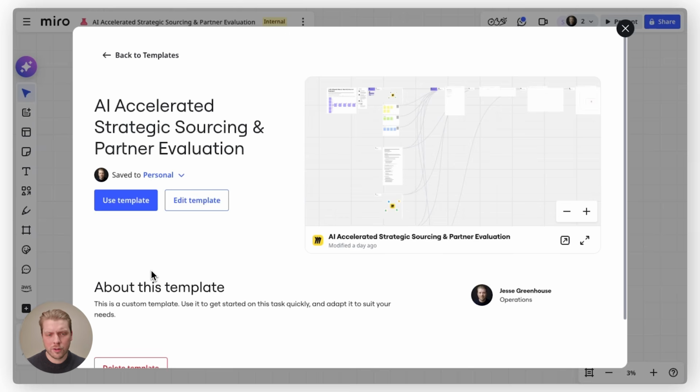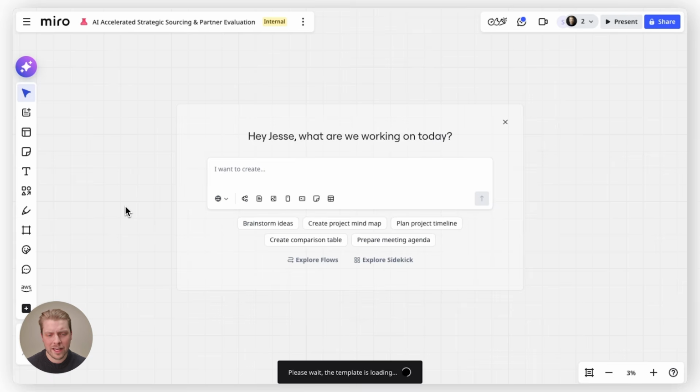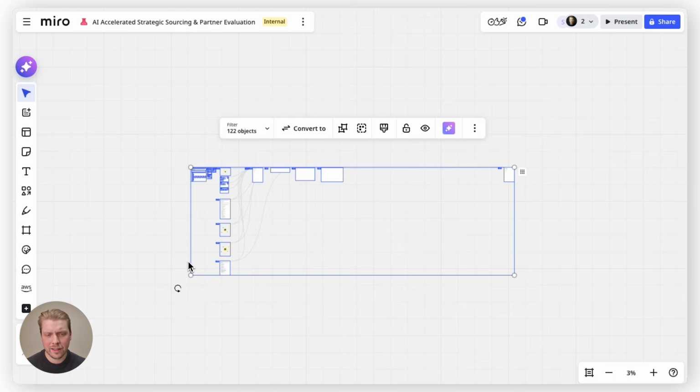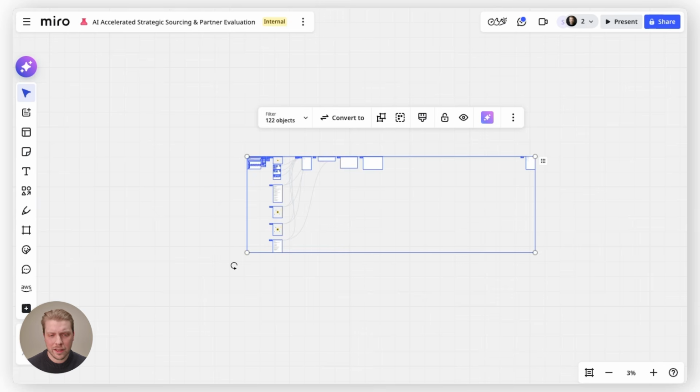Now, this all starts with a pre-built Miro template based on best practices, saving you and your teams a ton of time as you kick this off. All that you have to do is hit Use Template, and the entire thing will be built out for you instantly, saving you a ton of time and giving you the structure that you need to kick things off. And just like that, we can now see that our multi-step flow has been deployed for us on the canvas,